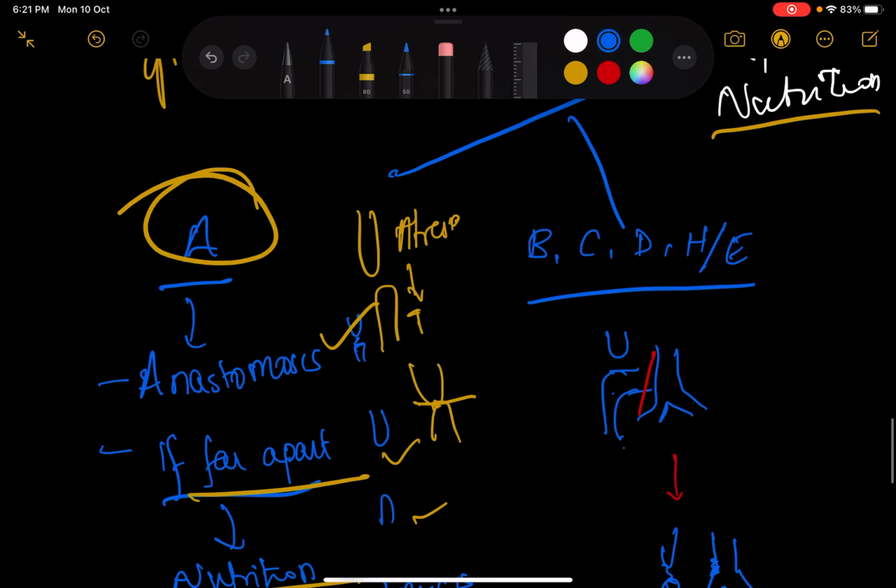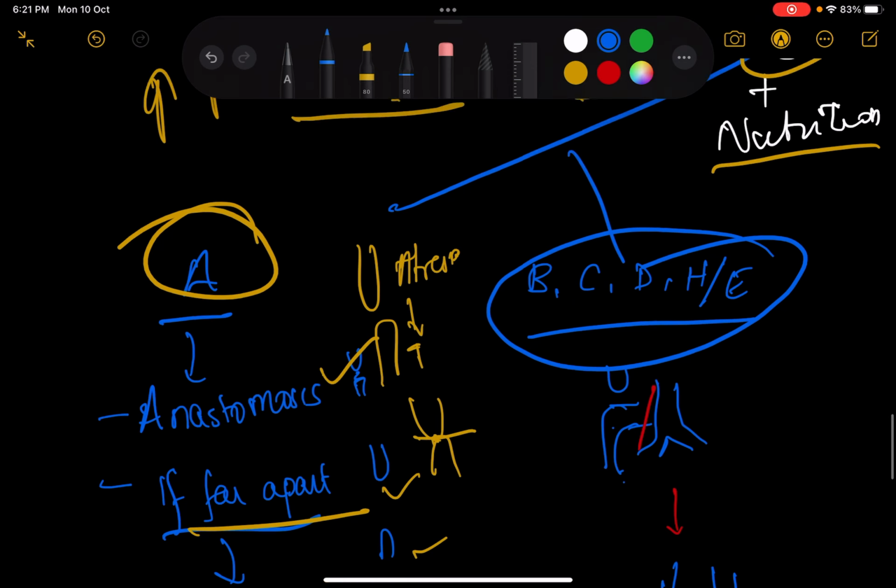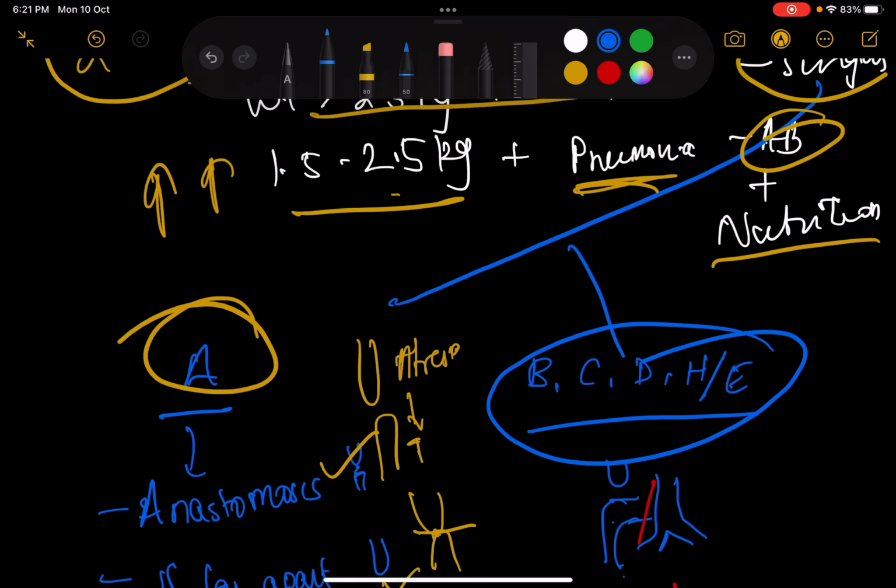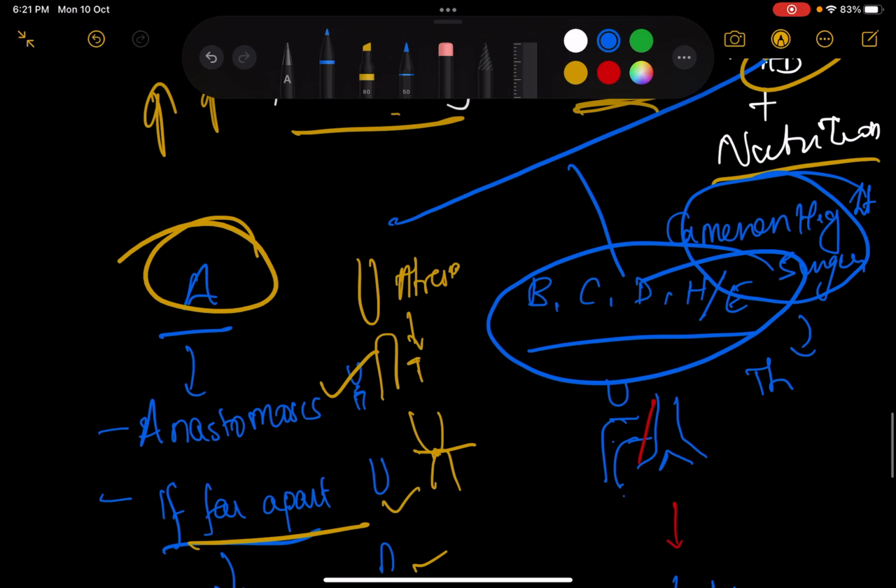Now let's say if there's a B, C, D, H, or E. So what surgery do you do? You do a surgery called Cameron Heath surgery. And how do you approach this? You approach this by opening the thorax. You have no other option, thoracotomy. But you go from the posterior aspect, because they say that the posterolateral aspect is better,